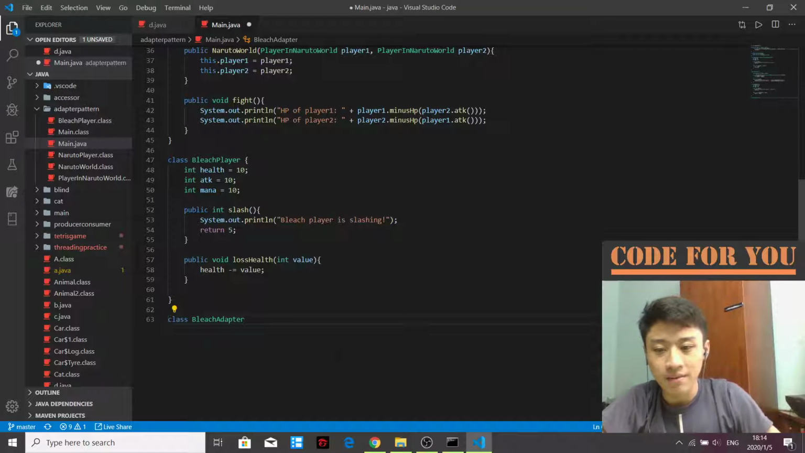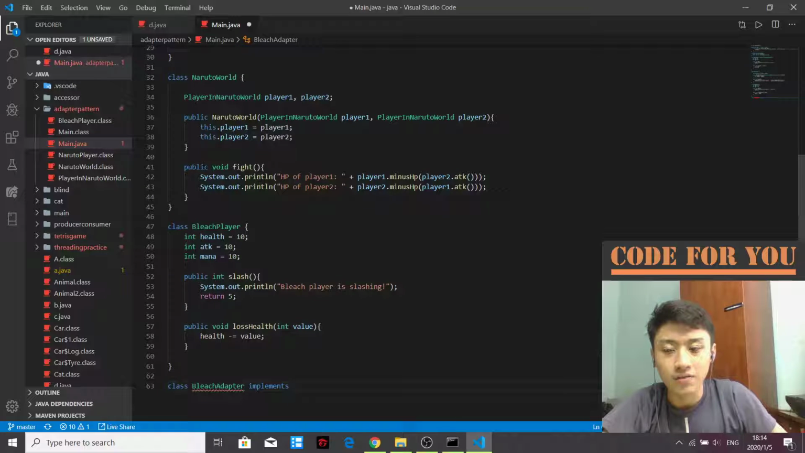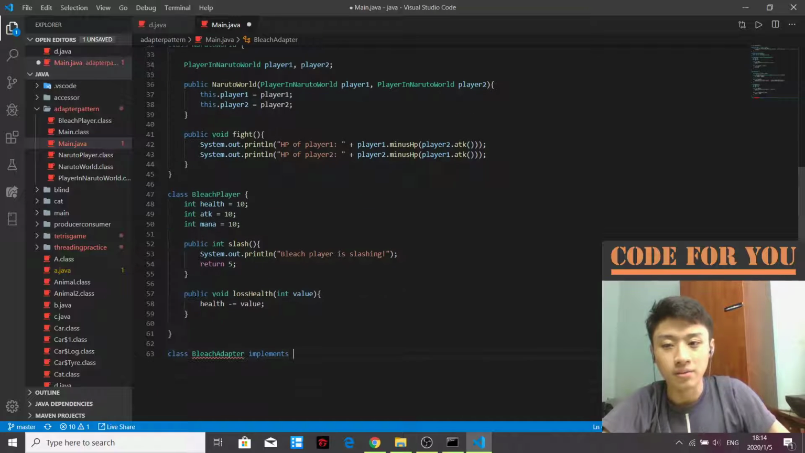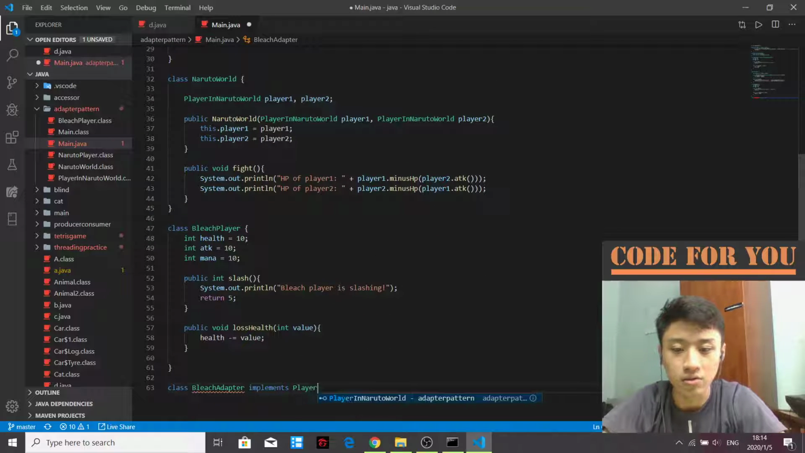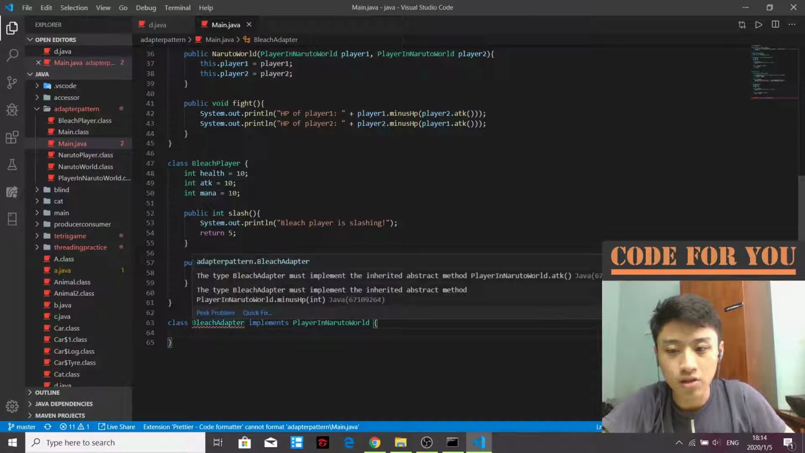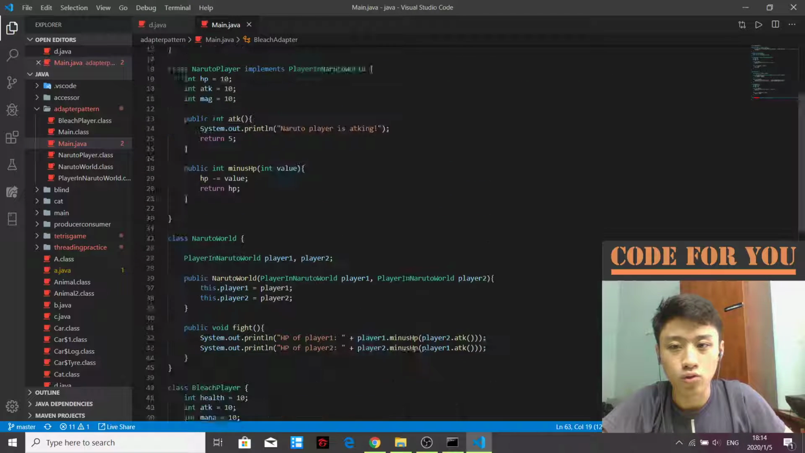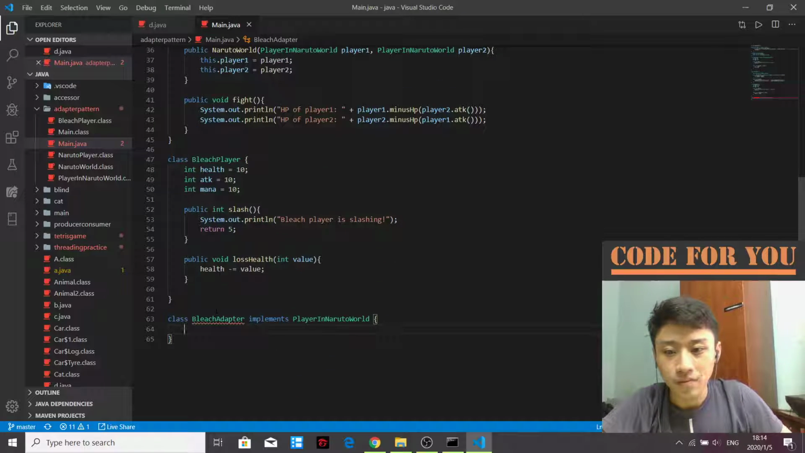So this adapter will play the magic for us. Instead of implementing the interface in the Bleach game, it implements the interface from the Naruto world, which is the player in Naruto world. So by using this, you can ensure that this Bleach adapter can fit into our Naruto world, which requires this as an implementation, right? So now we have this Bleach adapter, and it will have a